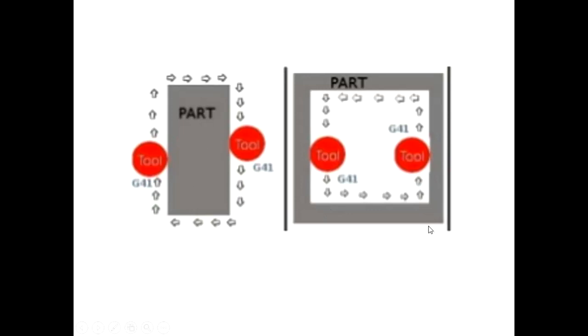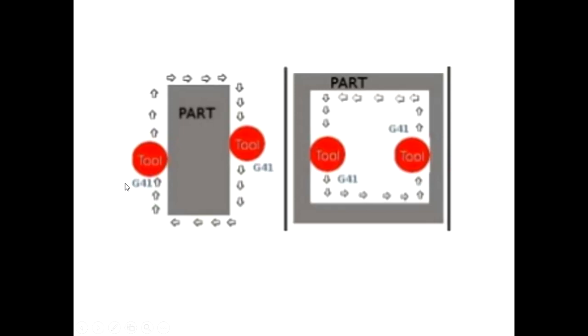This is the example for G41. This is the workpiece and your tool is moving like this. This is the motion of the cutter for an external surface, and this is the motion of the cutter for an internal surface. Your tool is moving in this direction, and this is the program surface. So the radius of the cutter is compensated on the left-hand side of the program surface, to the left side. So that's why the G41 code is used.